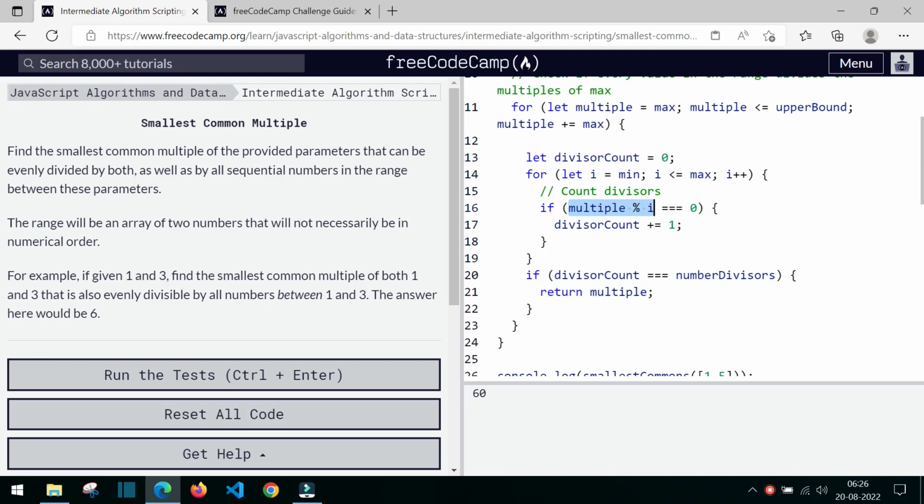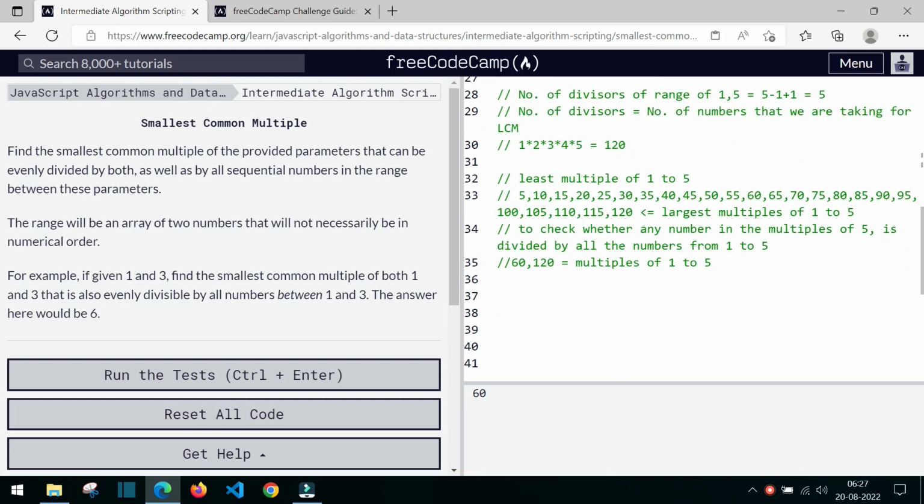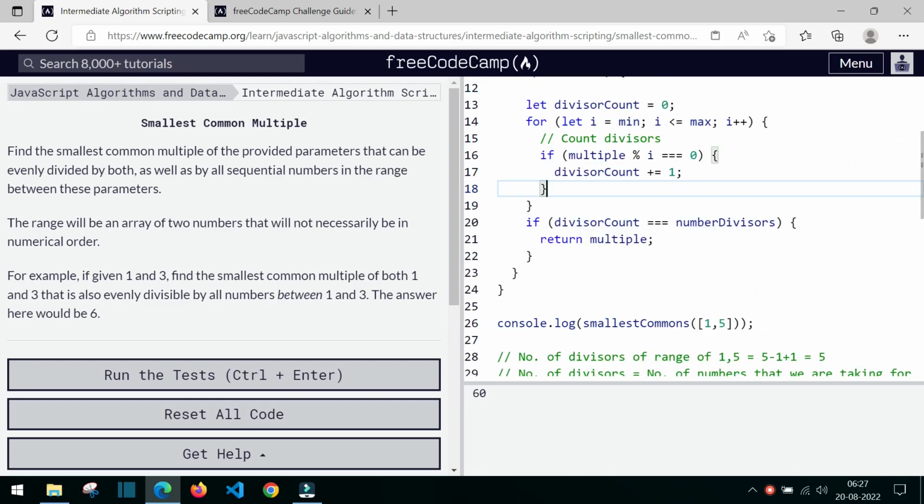I is nothing but 1 to 5, and if it returns the remainder of 0, we can consider that the multiple of 5, it can be 5 or 10 or 15, that multiple of 5 is divided by